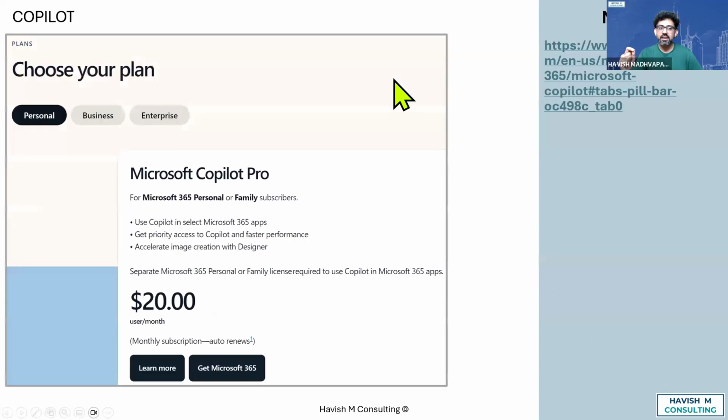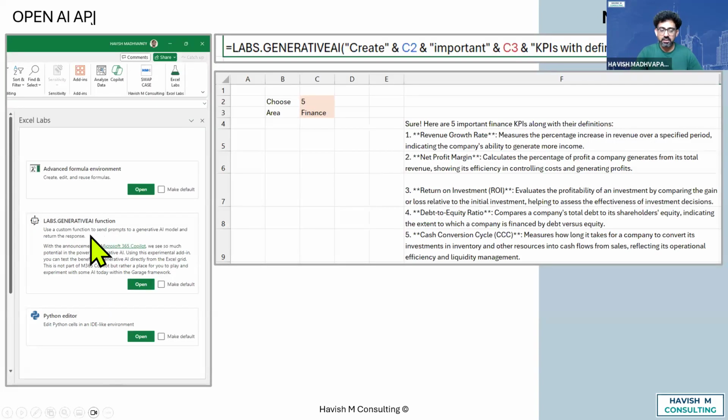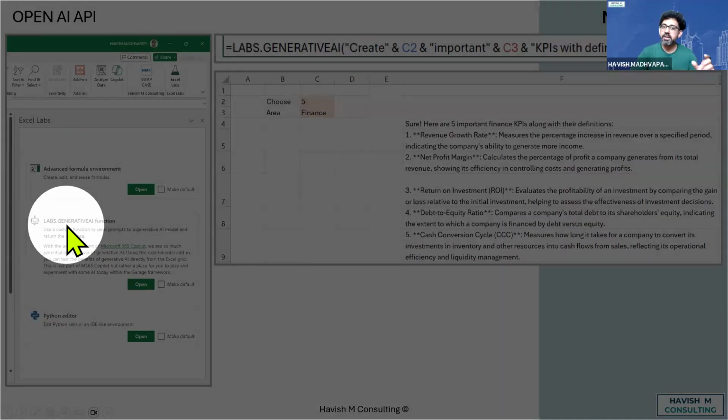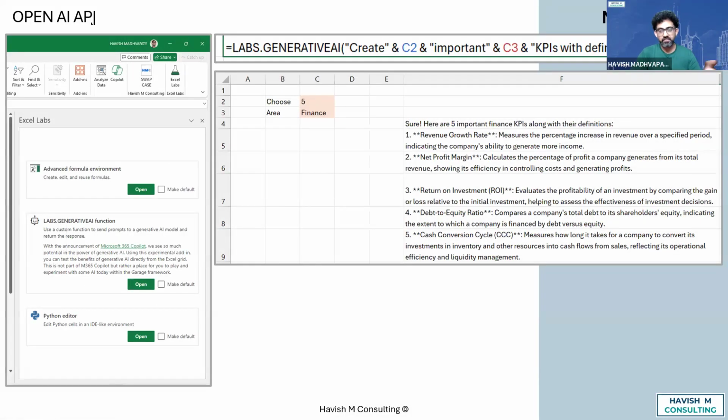Within Excel Labs, if you look at the second one, we have an experimental feature called LABS.GENERATIVEAI. Essentially, what it does is, on my Excel, if I type equal to LABS.GENERATIVEAI, I can write a prompt, and the variable could be one of the cells. Like here I've written, create 5 important finance KPIs with definitions. So pretty much what you would have done on ChatGPT or Claude, I can now do it directly within Excel. This does require you to have a developer account,